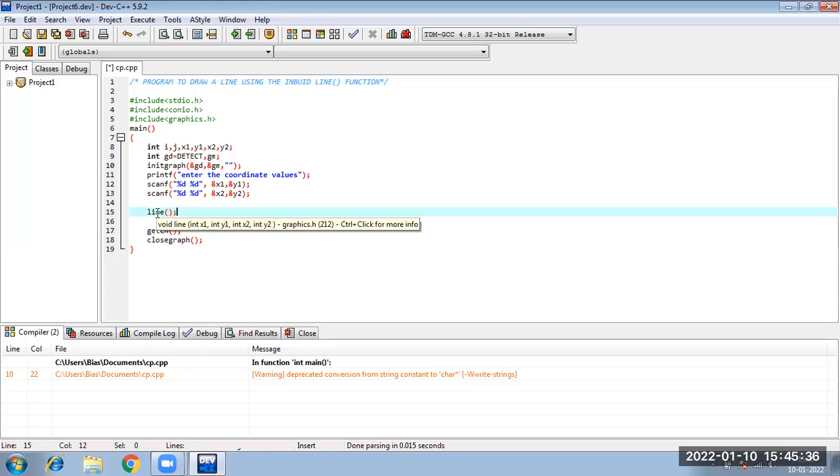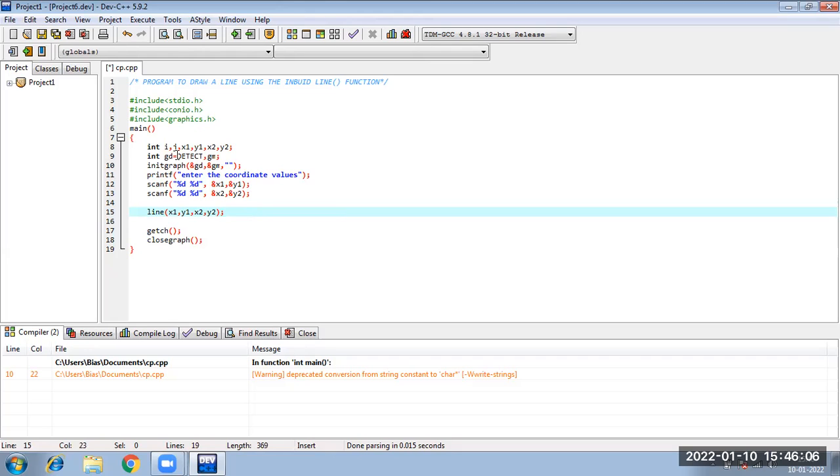If you see, the line function takes as input 4 parameters: your x1, y1, x2, y2. Fine. So instead of writing so many lines of code using putPixel, by using a single line statement, you can draw a line also.